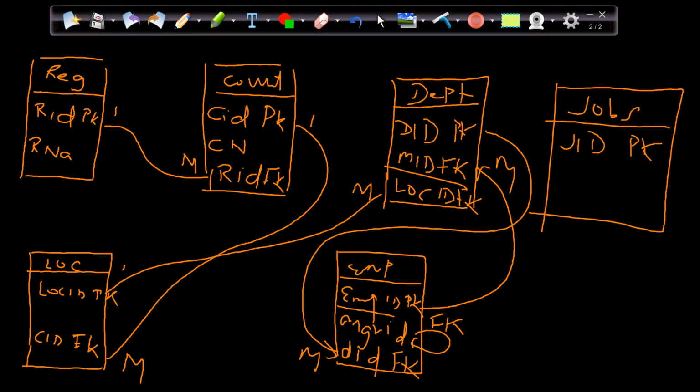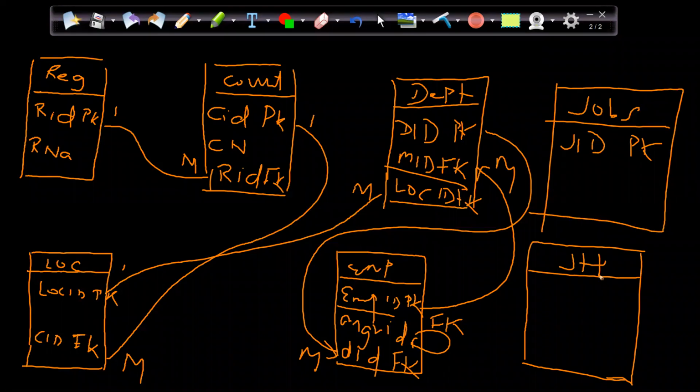After that, we created the job history table, right? So we had the job history table. So I just created job history. In this job history table, employee ID, if you guys remember, I had the table. So employee ID and start date. The combination of these two were the primary key, right? So these two are my PK, composite primary key. And then we had department ID, DID, which is my FK, foreign key.